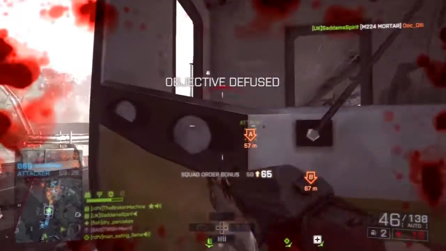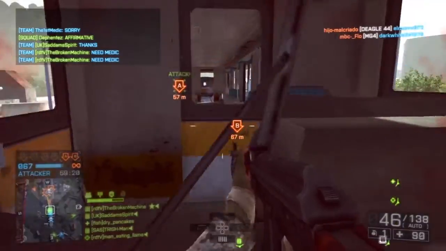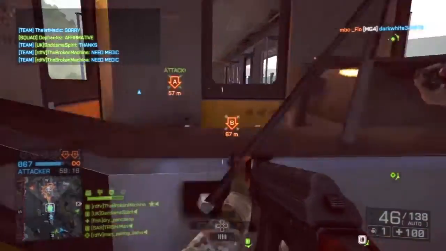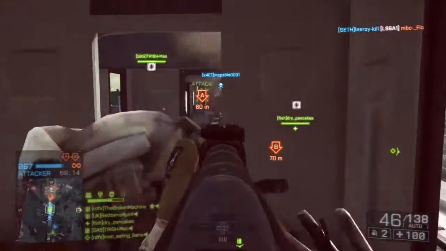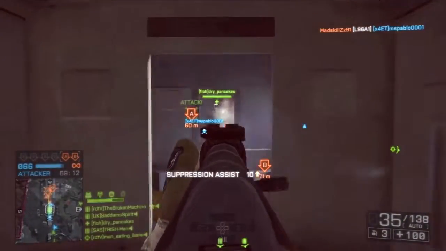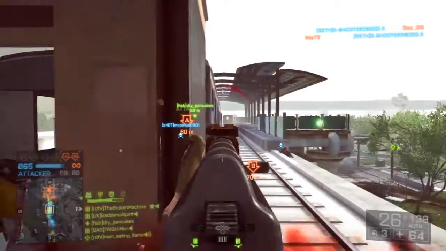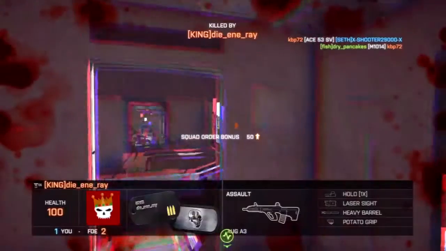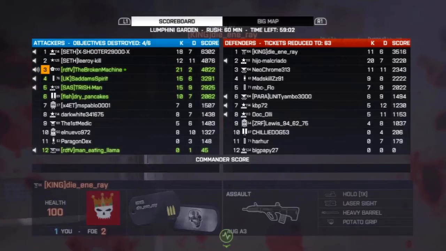Now this section, I normally don't take this route. I normally try and flank underneath. But I've been noticing lately that this map is actually really difficult to take, particularly the Alpha MCOM. The Bravo MCOM is pretty easy, but the Alpha MCOM is so difficult because they can look down the stairs and they can look across this bridge here,